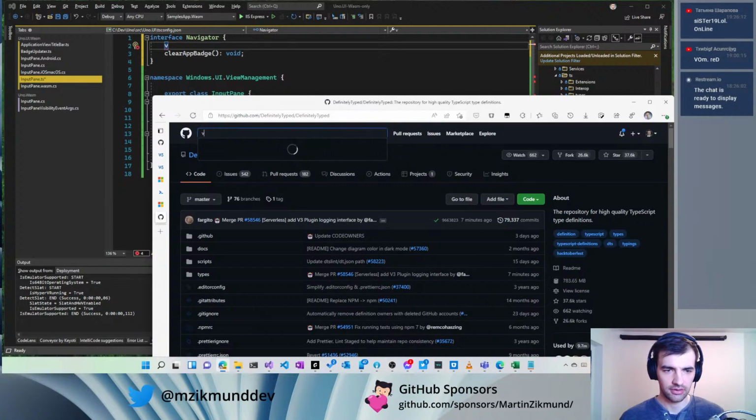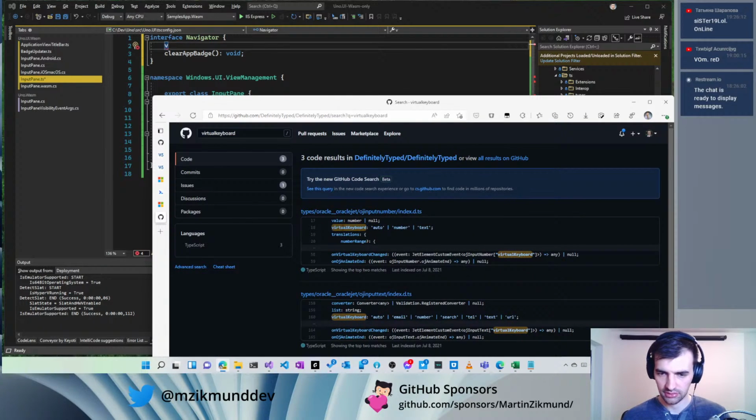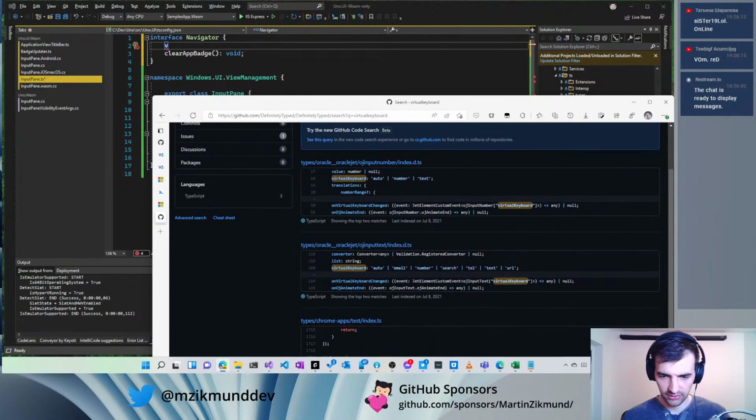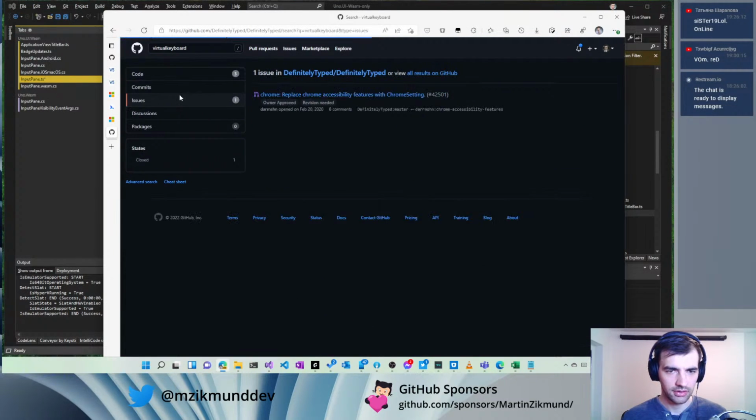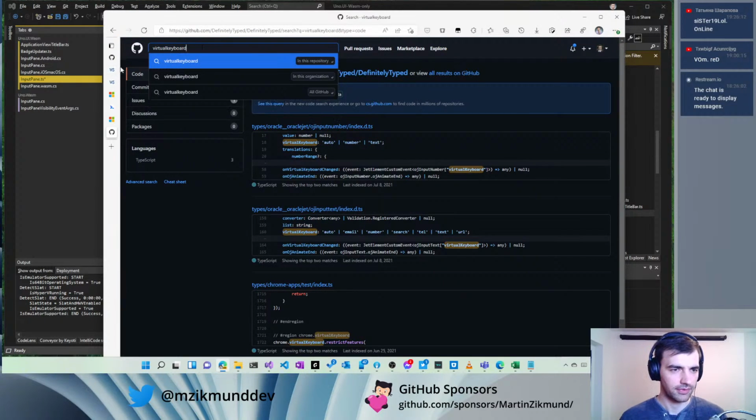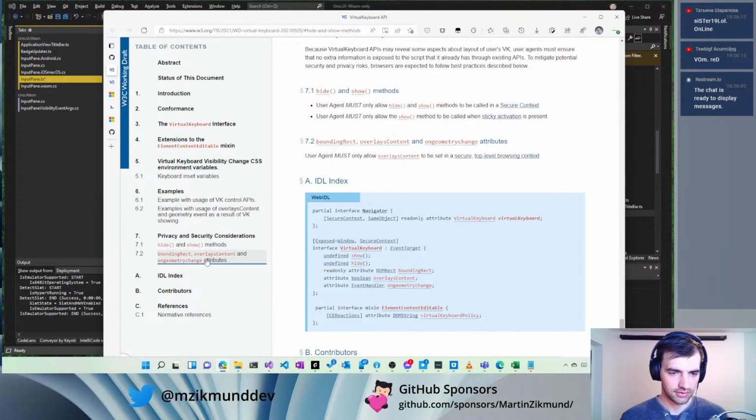Repository, virtual keyboard. Yes, no. Huh. No, doesn't seem to be. But